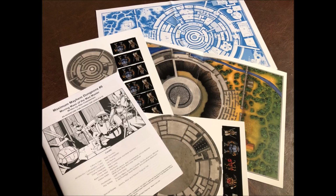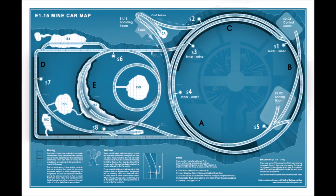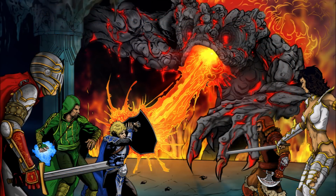I think this will be the second module I review because it's just so crazy looking. Here are the maps from Vault of the Dwarven King, which has an Indiana Jones style minecart ride as a central aspect and counter of the thing. This is just cool. I'm all struck. There's a cardstock insert for the second map,